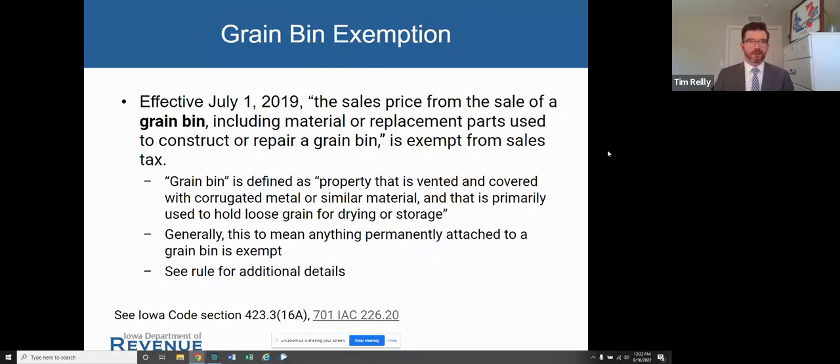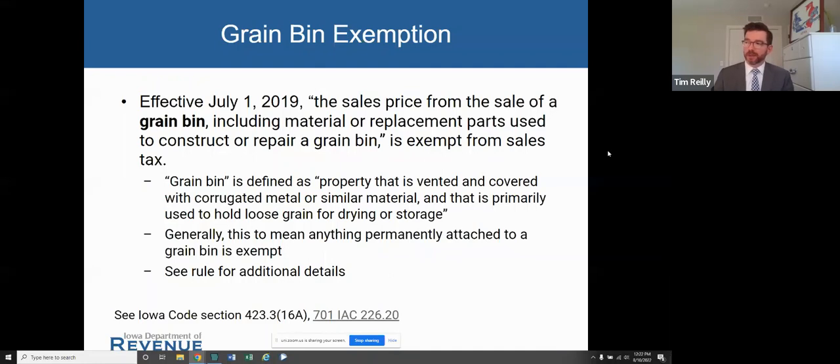One other item that I'd like to note before we shift gears a little bit more is that a couple of years ago, and I think this was brand new the last time this presentation was given by our former colleague Paul, if anybody attended that one, was an exemption for grain bins, new in 2019.